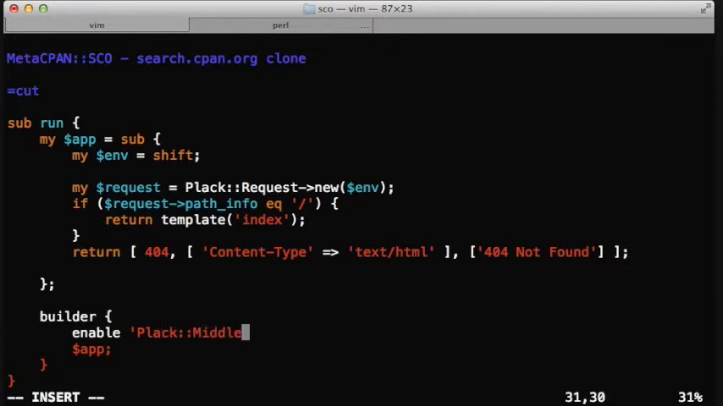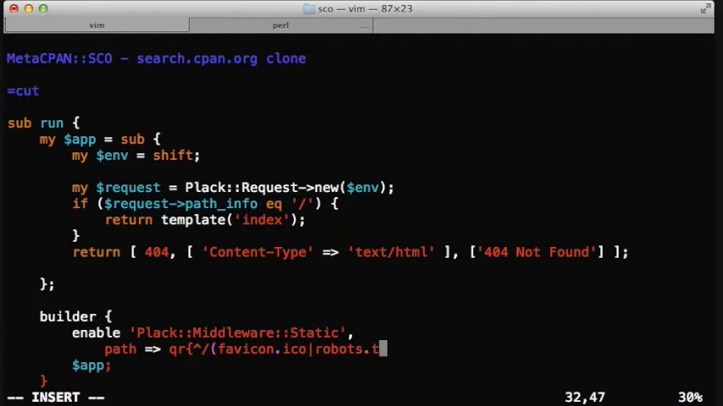And then we are enabling here the Plack middleware static. This is the middleware that we want to enable. It has two parameters that we want to pass. One of them is the path. This is the URL basically that we want it to serve. It's a regular expression. So everything from the root that is either the favicon ICO file or the robots.txt file, if either of them is matching,